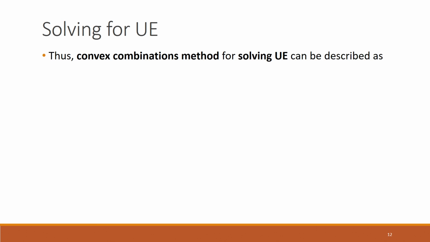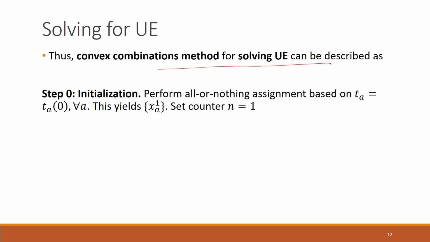So the convex combination method for solving the user equilibrium can be described as follows. First is the initialization step. If you remember, in the convex combination algorithm example that we saw in the last lecture, we started with an initial point 0, 0. We need to do the same for solving the user equilibrium problem also. We need to start with an initial point, but that initial point should be feasible. In order to ensure the same here, that the initial point is feasible in the user equilibrium problem,